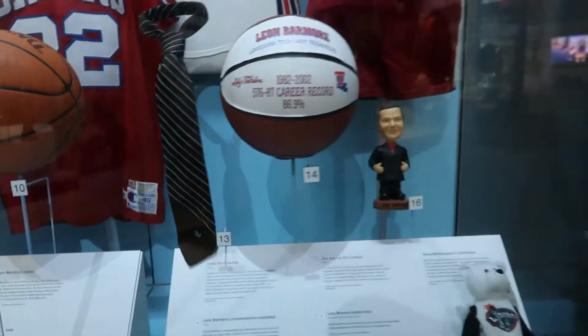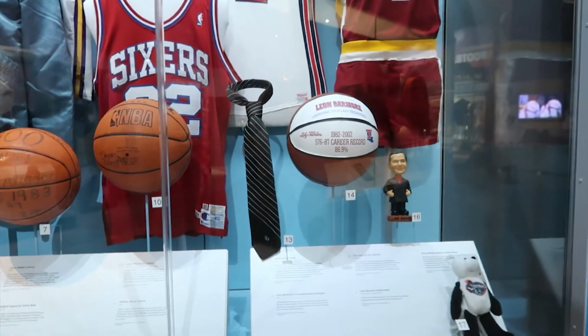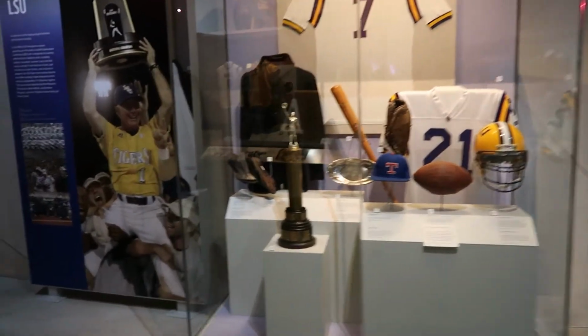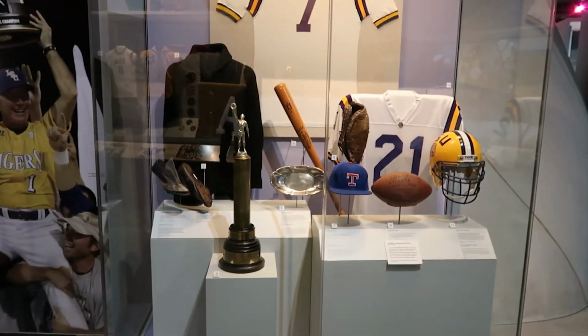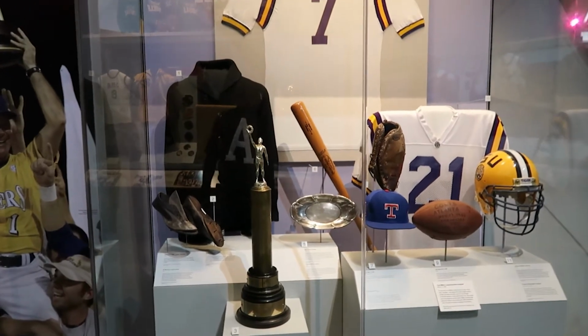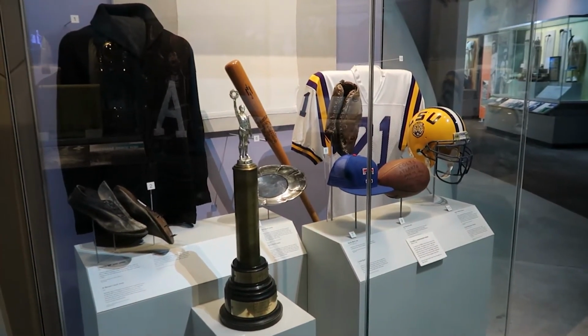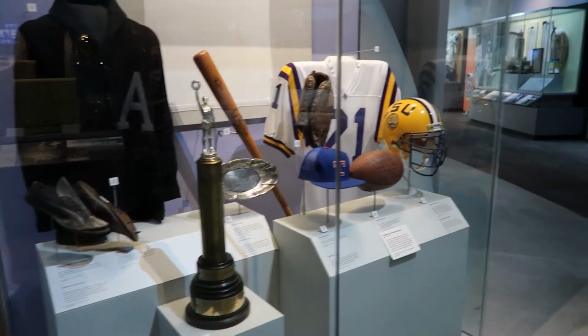A lot of coaches are famous for a certain piece of attire. Like Bear Bryant had his cool hat that he'd wear. And who was that guy? Tom Landry? He had a cool hat that he'd wear. Some people, they forget about that over time, but then it's like, oh yeah, he did have a cool hat. So, you know,